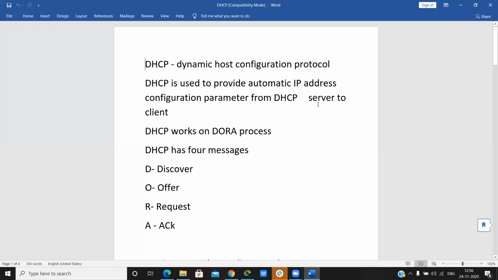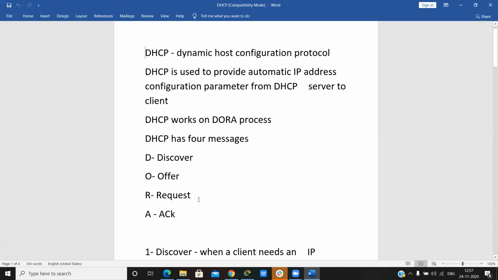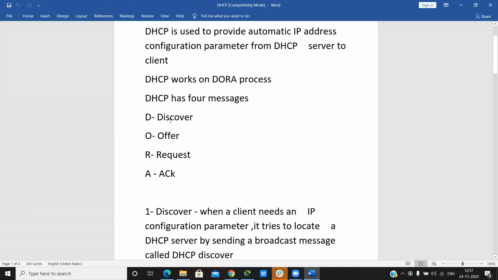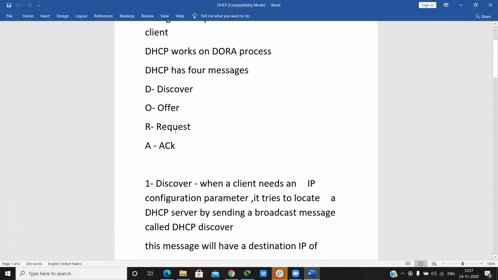So DHCP, Dynamic Host Configuration Protocol, is used to provide automatic IP address configuration parameters from the DHCP server to the DHCP client. DHCP works on the DORA process, which has four messages: discover, offer, request, and acknowledgement.